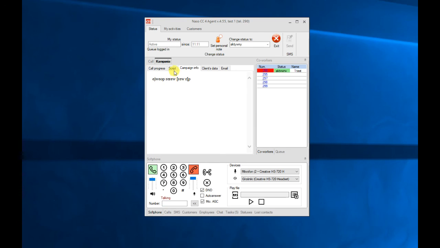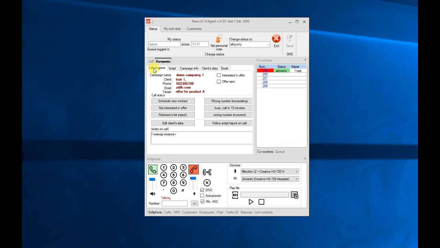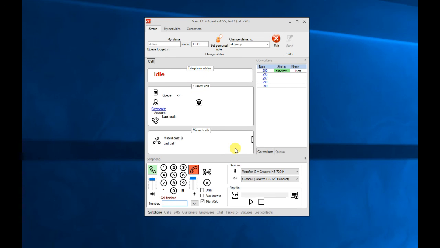In case we define a script, here will be the information about the script. We have to answer the questions and follow the script with the call. Now we are finishing the call. We have the information closing client in 2 minutes, so we have some time to finalize the report on this client. If we have finished, we click on next client,